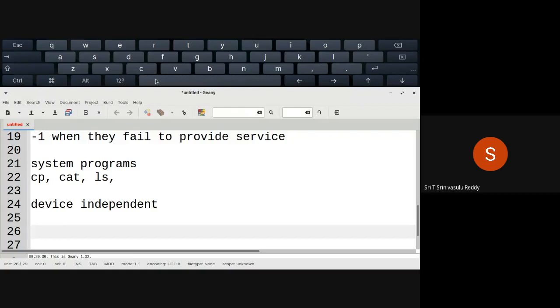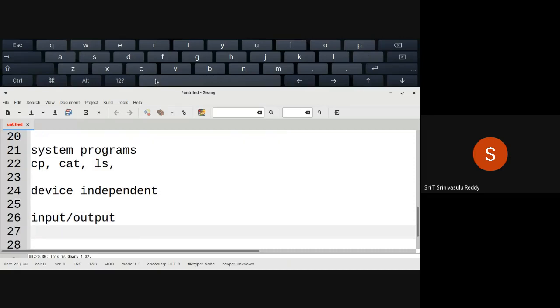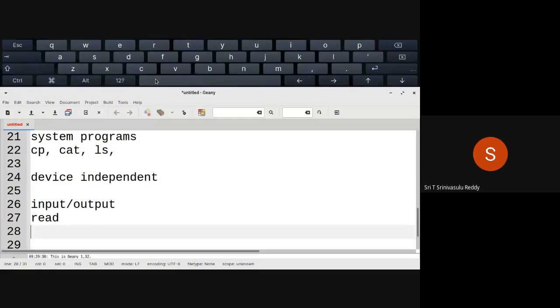All the devices are either input in nature, providing data as input, or an output device, or sometimes an input as well as output device. These are the combinations. Whenever you say input device, we'll simply say read from that input device.